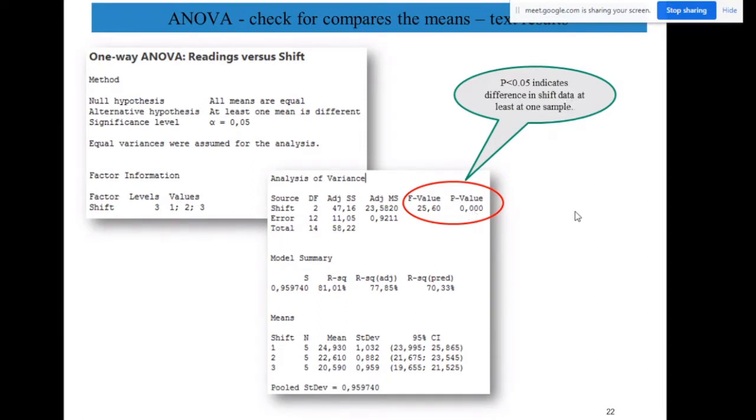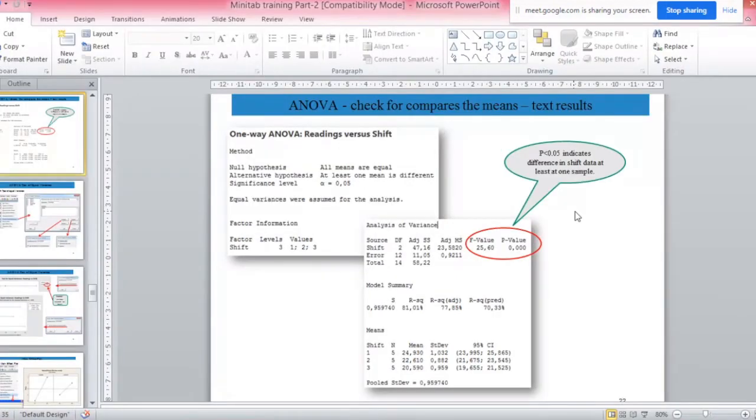So I will give 1 or 2 minutes for any doubt on whatever I have explained. We will definitely go for the examples, but before that, any doubt on what we have discussed? If R square is more than 80%, what is the meaning of that?